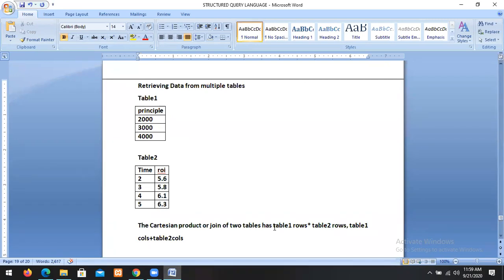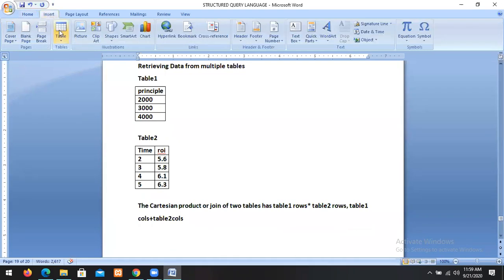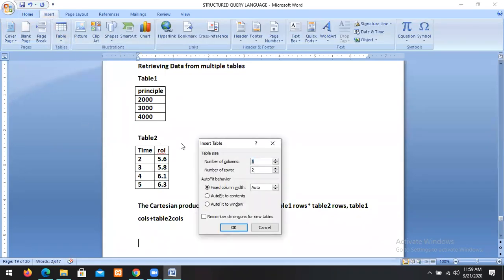This is already covered in relational algebra. Before writing the query in SQL, first we go through an example. So finally we require 3 columns and 12 rows.